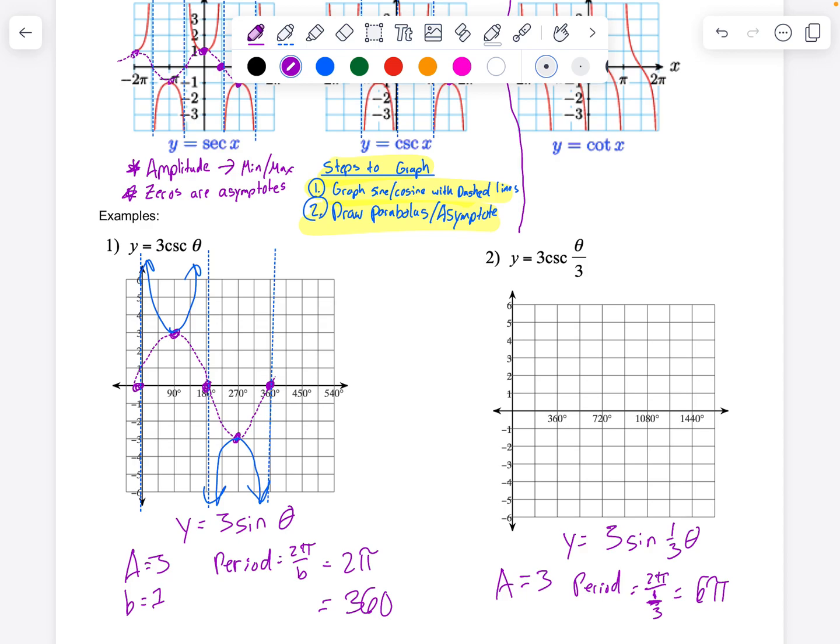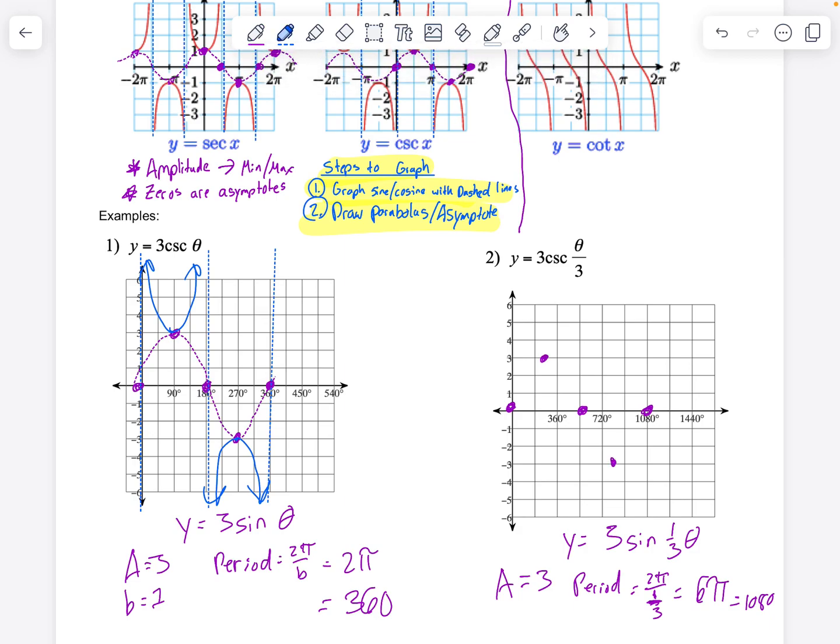Okay, remember, multiply by 180 over pi, which gets me 1080. So you know it's gonna end there. Middle, where's the middle? 180 is right here. Boom. And then find halfway. Halfway with this is right there. Asymptote